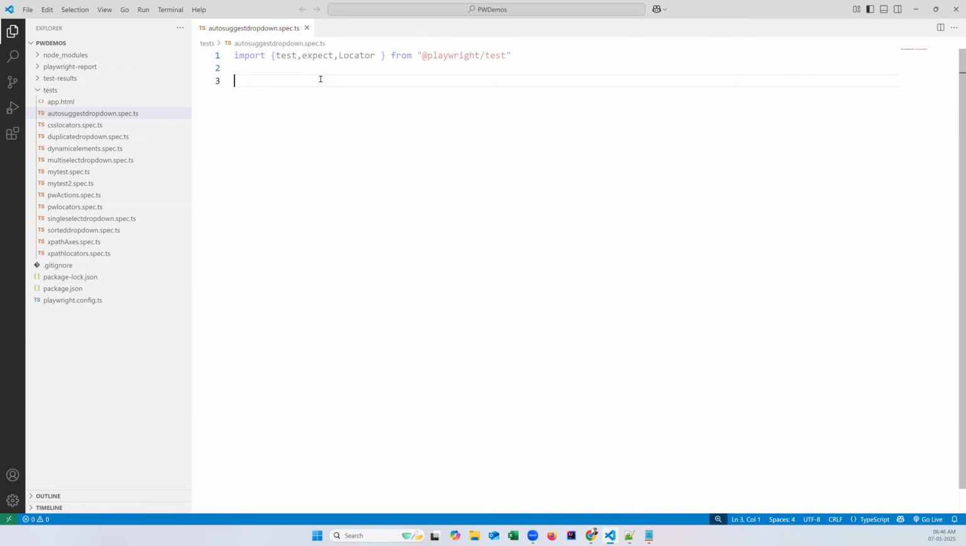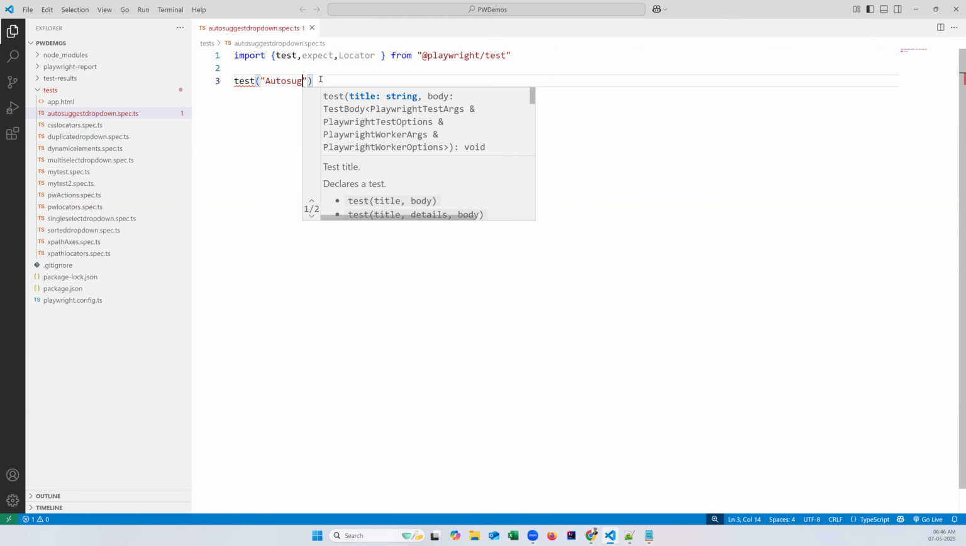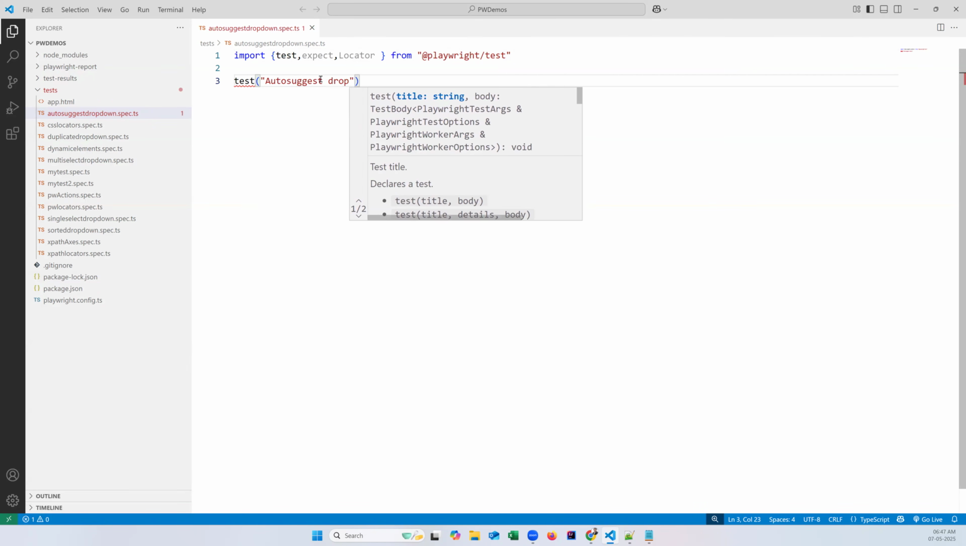So we have imported the required package. Now I'm writing a test. The first parameter is the title. I can call it auto suggest drop down